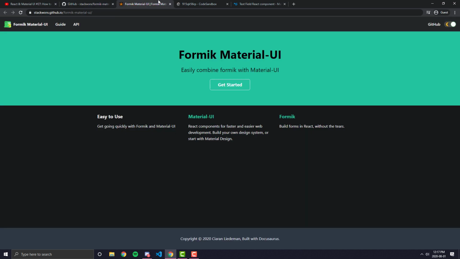So let's jump straight into what Formik is. Essentially, Formik is a library, a wrapper that goes around Material UI text fields and other Material UI input components that makes creating forms with form validations, form inputs and submissions a lot easier than it would be normally